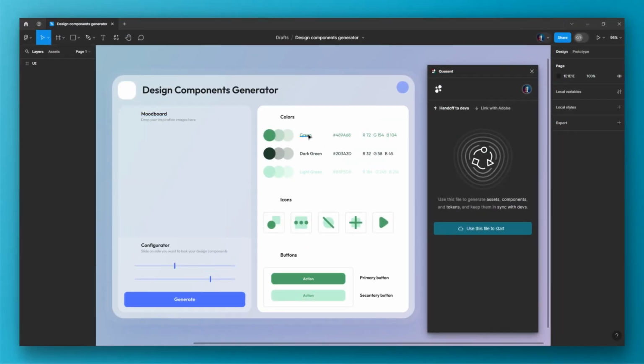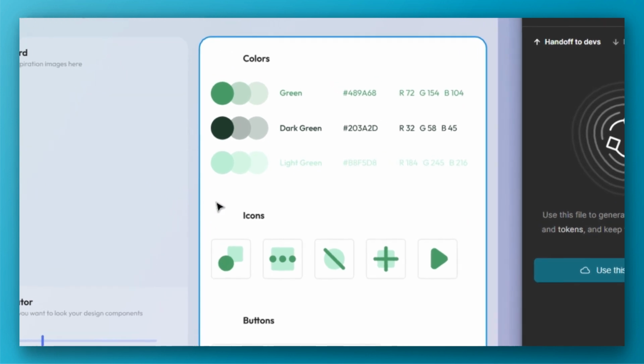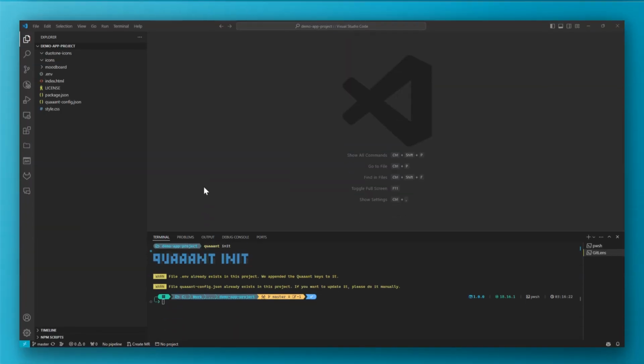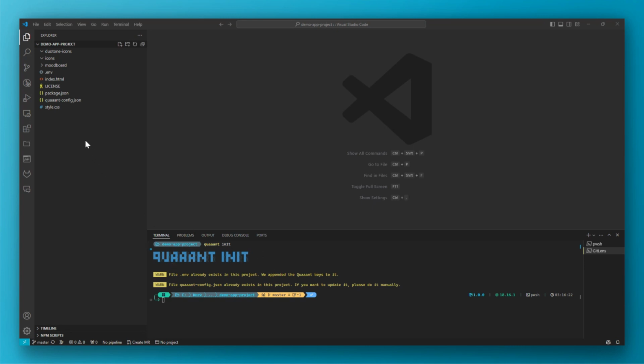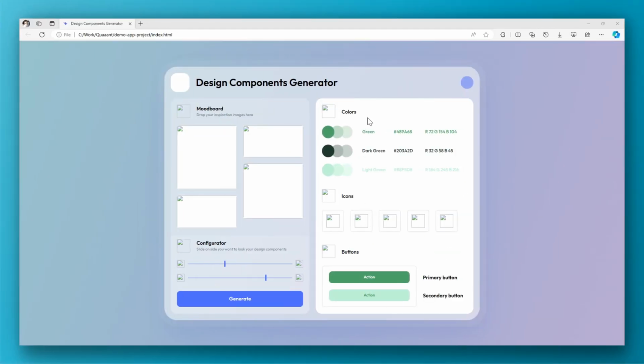Here we are in Figma, where I've set up our UI project. The structure and layout are all defined, but it's missing the assets we'll add shortly. Moving over to our development environment, here's the same UI project setup. It's built with HTML and CSS and mirrors our Figma design. But just like in Figma, it's waiting for the assets we're about to add.